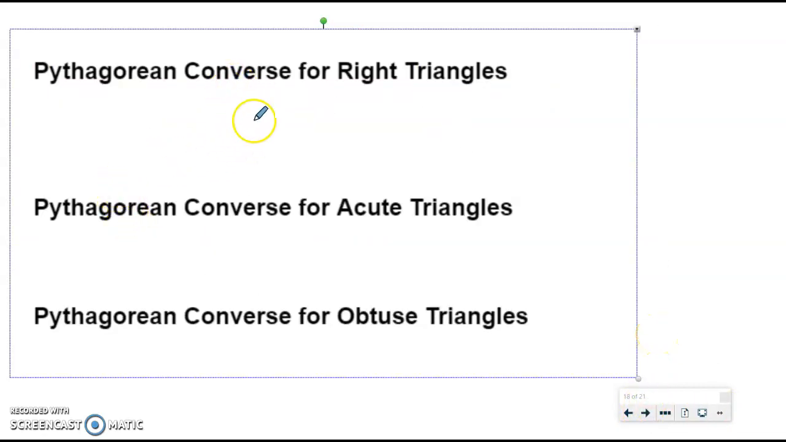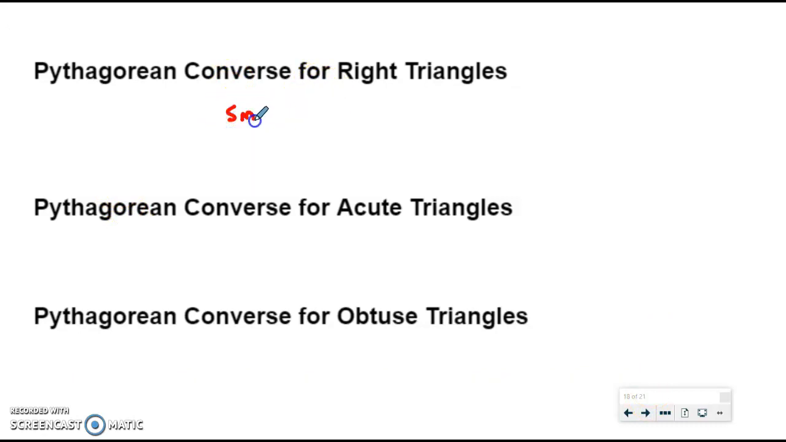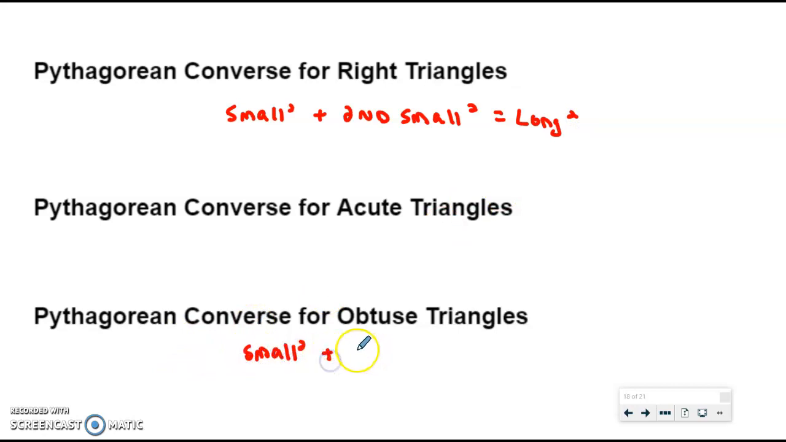First idea is that if I look at right triangles, I know the smallest squared plus the second smallest squared should always equal whatever my longest side squared is. Now we just talked about an obtuse triangle. So in this case, my smallest side squared plus my second smallest should be less than whatever my longest side squared is. Okay? So let's look at